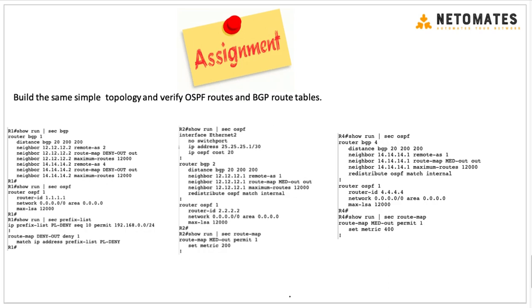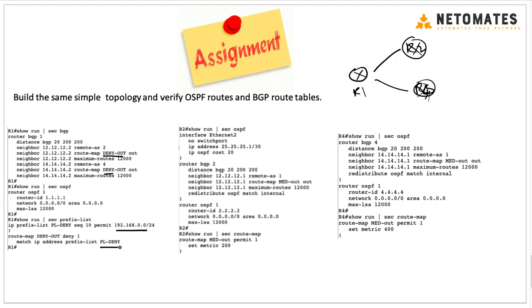So the assignment for this class is to build a similar topology. So you have R1 here, R2 and R3. We need to do some additional configuration to make this topology work. One is on R1, I have applied the deny out route map towards R2 and R4. Sorry, this is R4. Why we are applying this is, if we look into the route map, it has